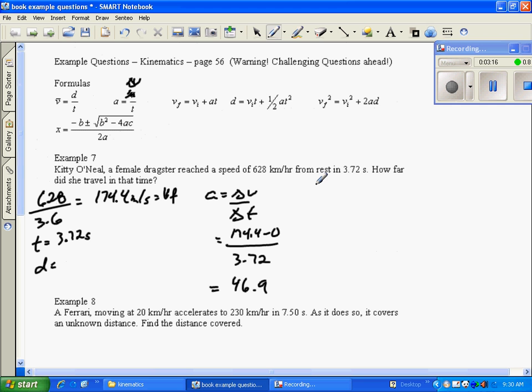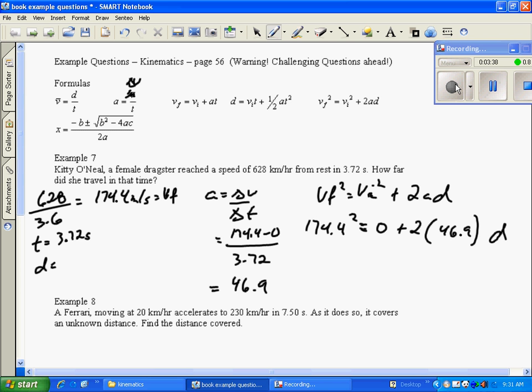Okay, and then your next step would be VF squared equals VI squared plus 2AD. I'm having a hard time with my hand today. Okay, so VF squared is going to be 174.4 squared. The initial velocity is going to be 0. Acceleration 46.9, and we're going to solve for D, which means that D is going to be 174.4 squared all over